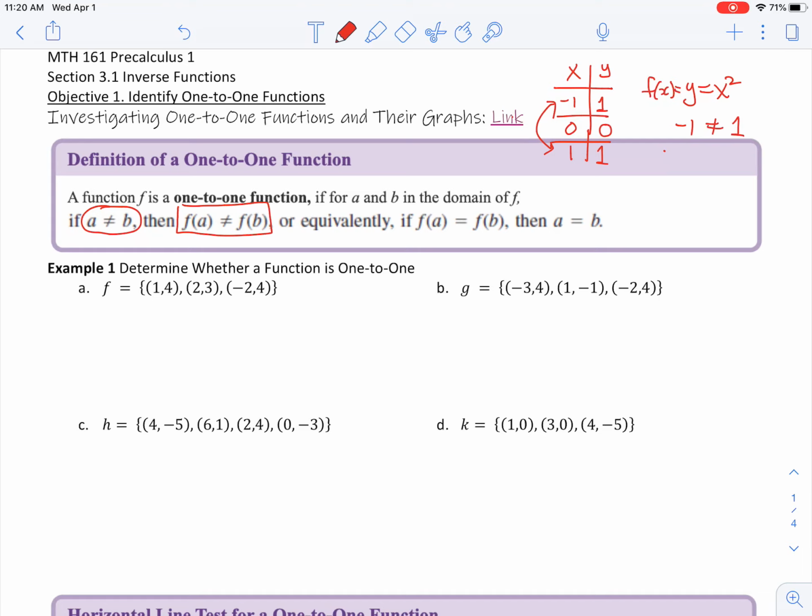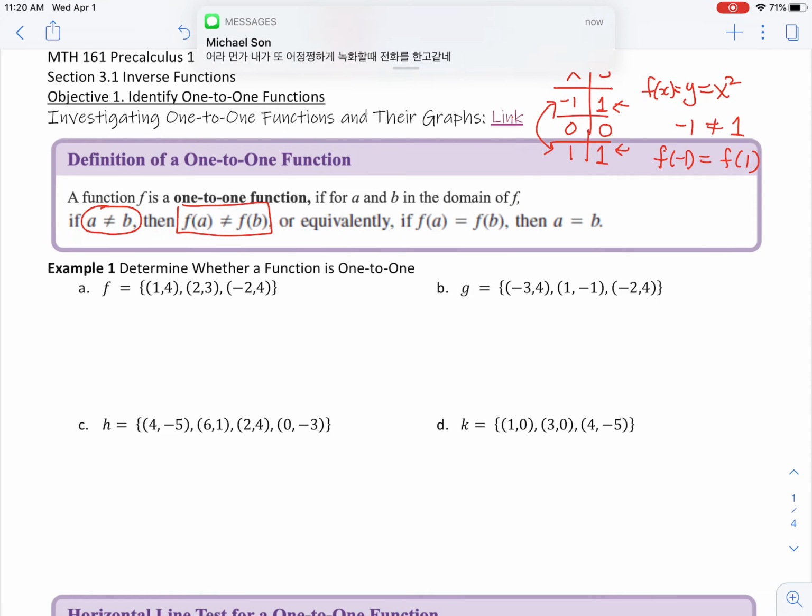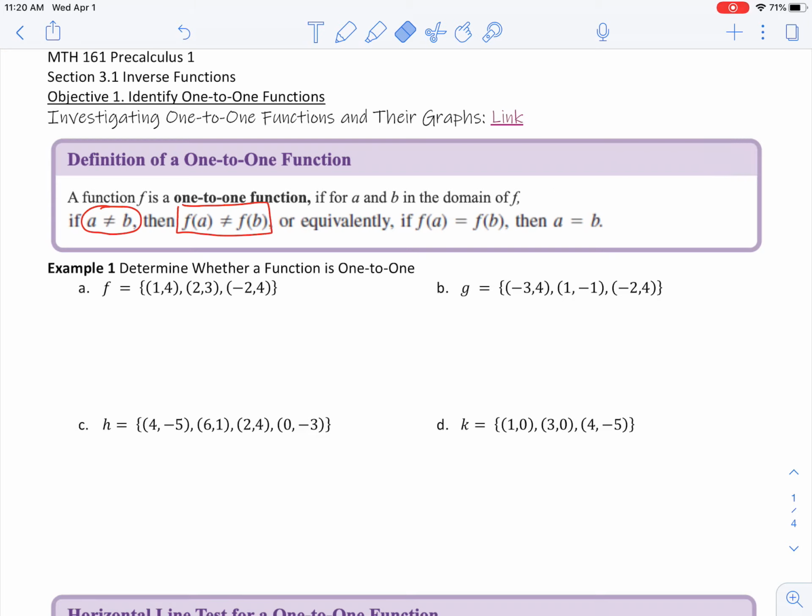But, well, the y values, if I call this function f of x, f of -1 was equal to f of +1. So this fails. A quadratic function is not a one-to-one function because notice the y values repeated for different